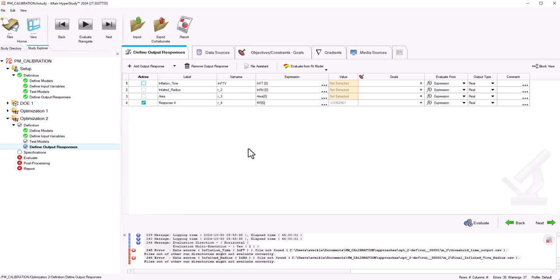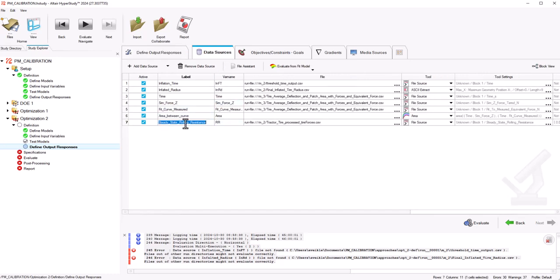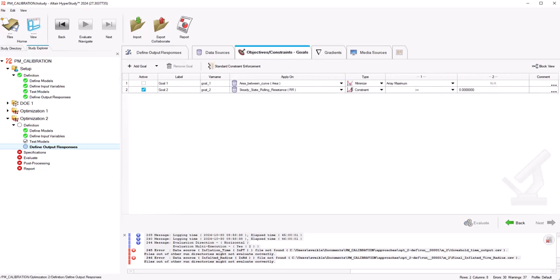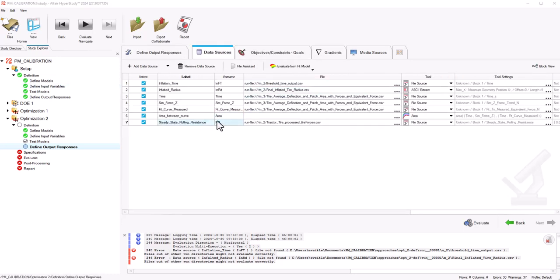Now the next thing, I'm just going to come back here and update the output response, steady state rolling resistance, switch back to goals, and we can disable the data sources that we will not be